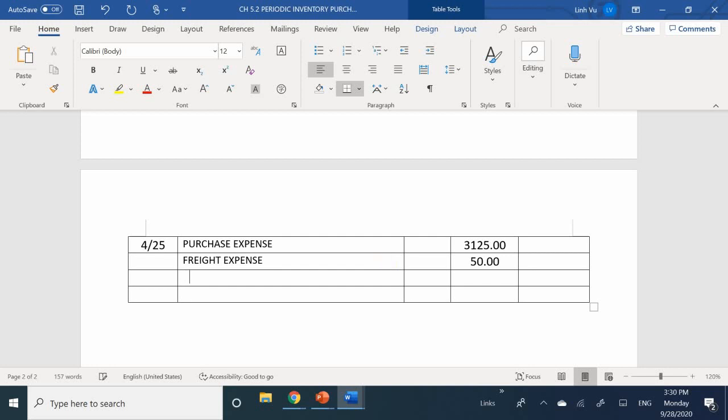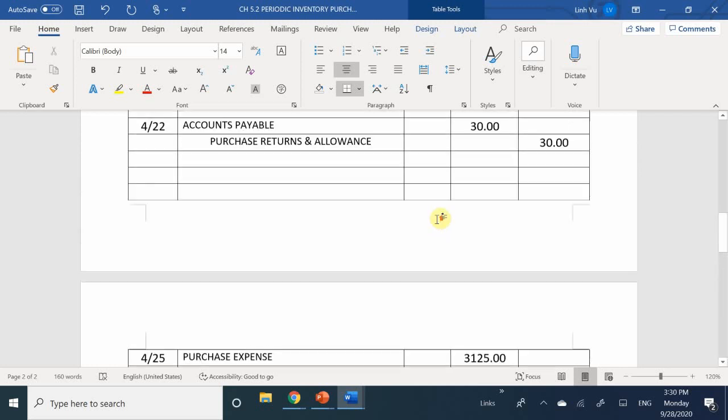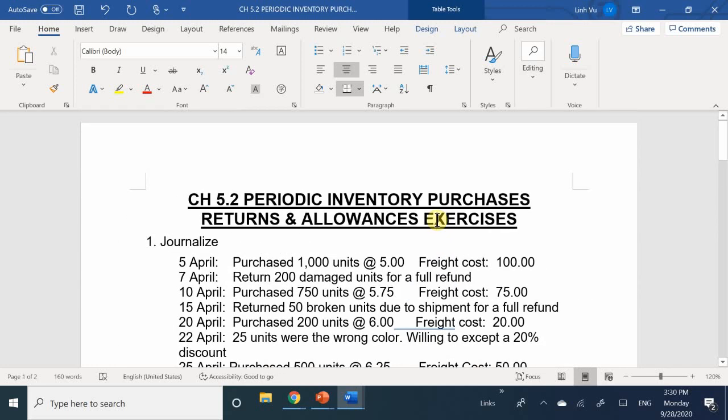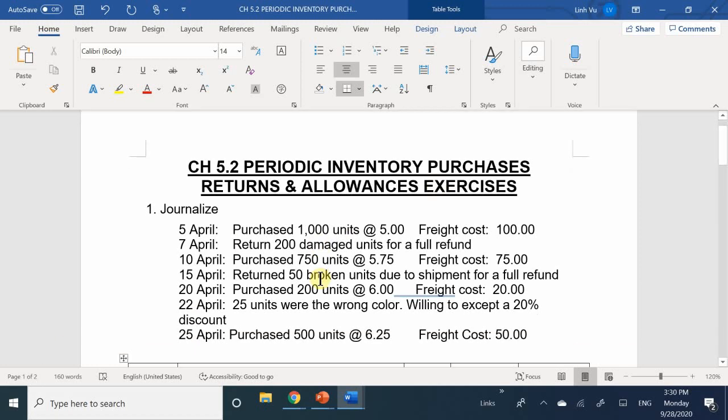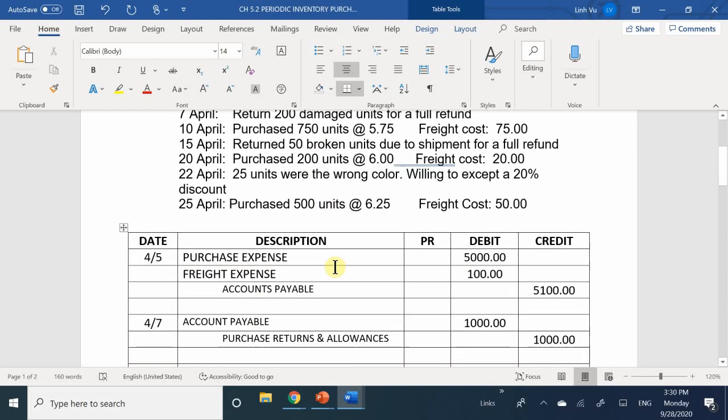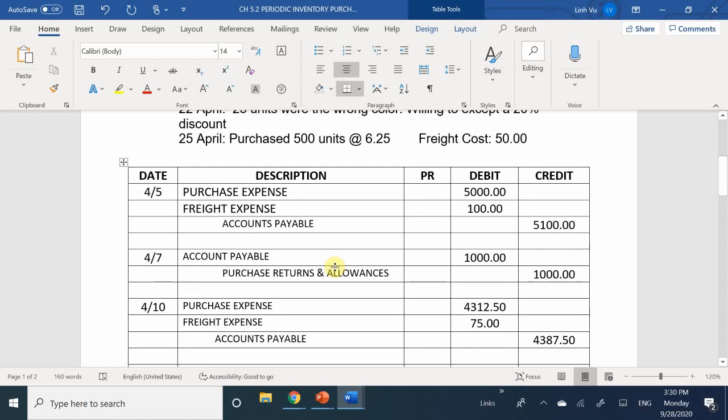All right. And in this case, there's no returns or allowances for this. So that's $3,175 even. Good. So that's pretty much returns and allowances. Now wait till we actually apply this when we finish up with chapter 6, because it's going to be more extensive and more massive. But in this case, we practice what happens when we have our returns and allowances and we know what to do. We have an account designated for it. Purchase returns and allowances. Boom.